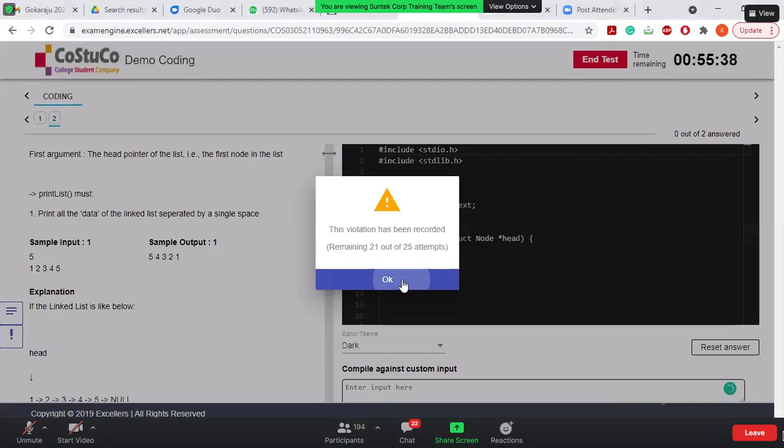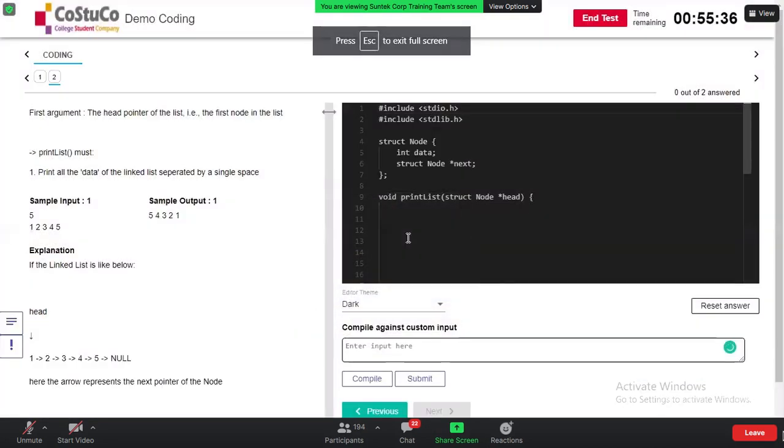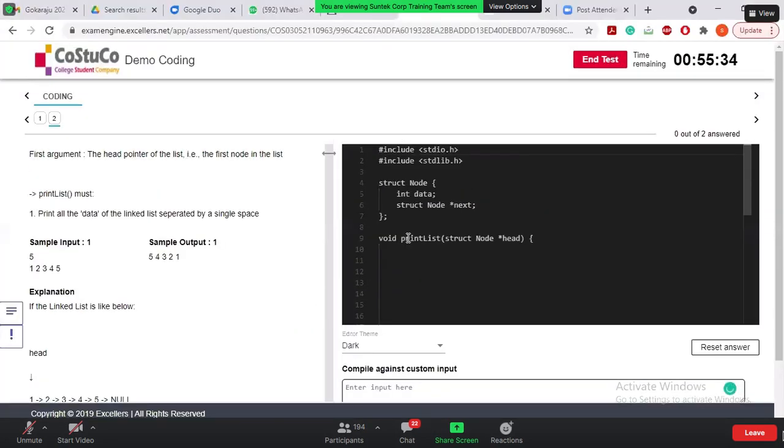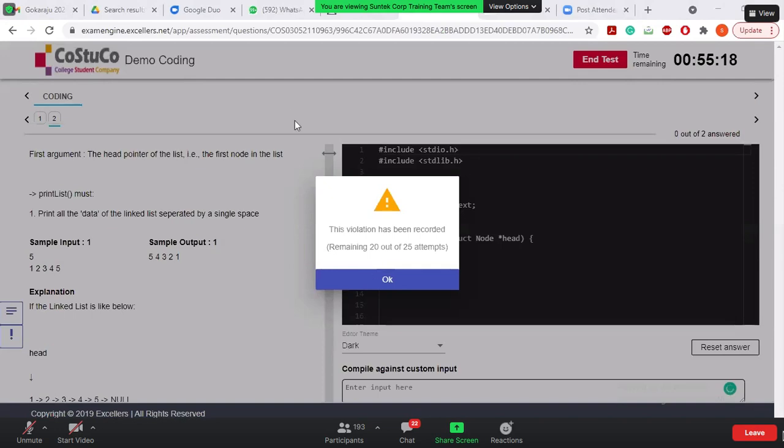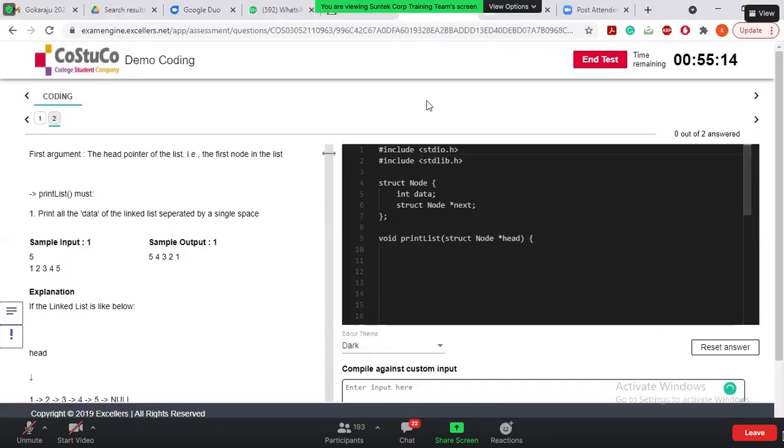Okay, fine. So guys, I hope I'm clear with the coding. Before I move on to MCQs, if you have any questions, please immediately ping in the chat box. We are almost done. I'll just show you the MCQs part and that will be completed from our end. In the coding part, if you have any questions, please ping. Otherwise, I'm going to click on end and I'll move on to another thing. Okay, no questions. So I'm moving on to another thing.